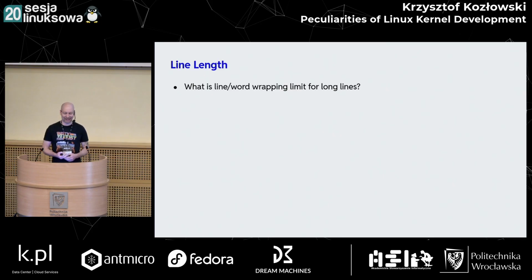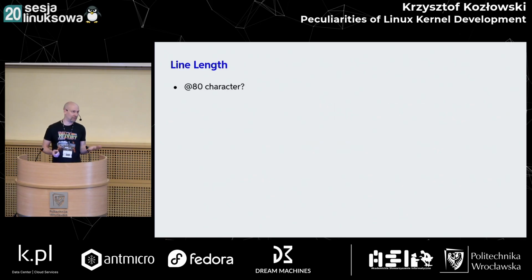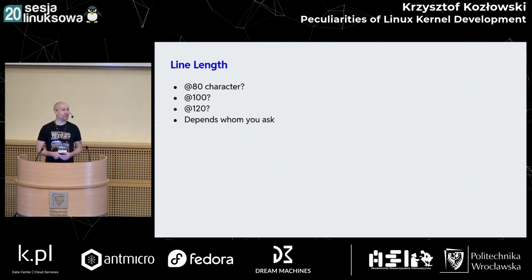Comments are obviously not that important, but line wrapping is one of the most important topics. People try to flame war each other. So when do you wrap lines when you write code? Consider some long code, a function declaration, or some comment, like here, where there are multiple arguments. Where should you wrap it? Where should you break the line? Well, the options are, for example, 80 characters, like an old terminal, when you code without any frame buffer, 100 characters, or more, 120. So obviously it depends on whom you ask, right? Because we cannot use one style.